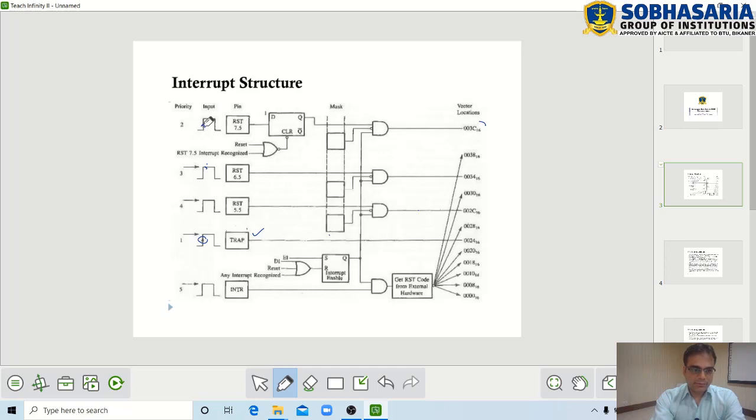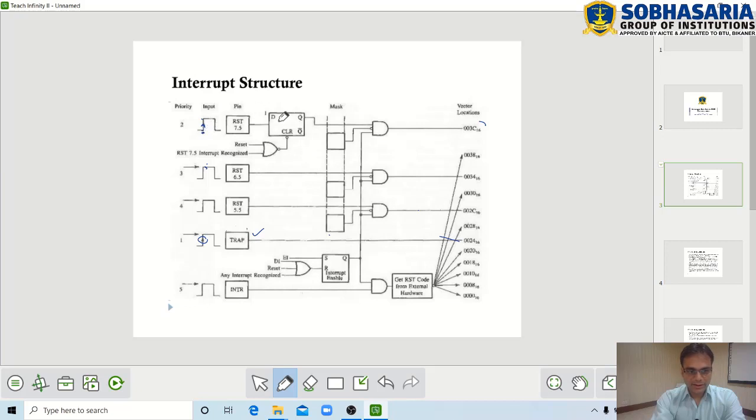So if a positive edge occurs, it will be lost after a moment, and during that particular time period the TRAP is not going to be completely serviced, so this particular edge will be lost. For this reason, we don't want to lose this interrupt.